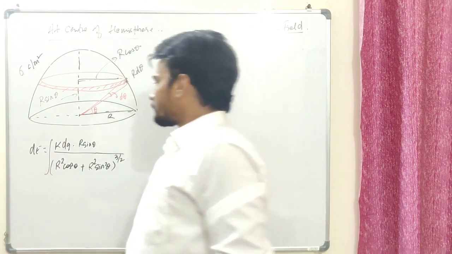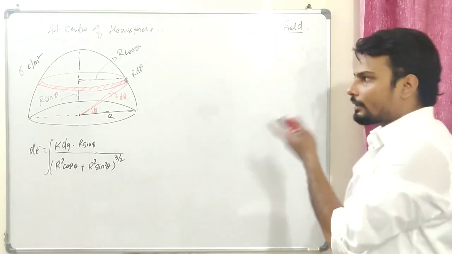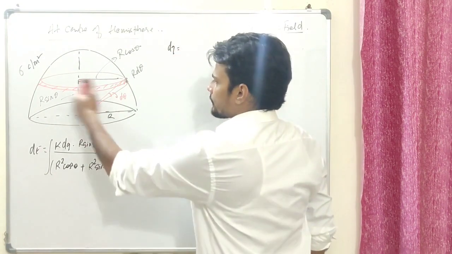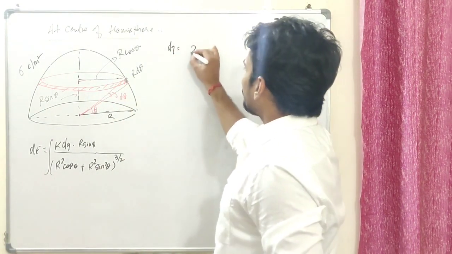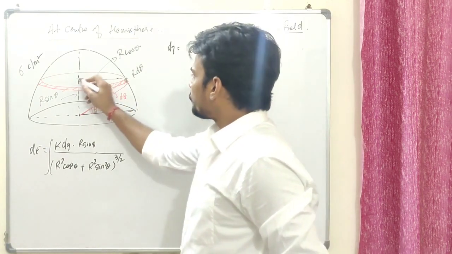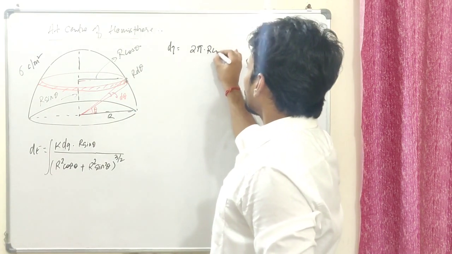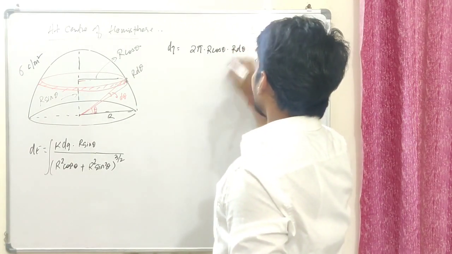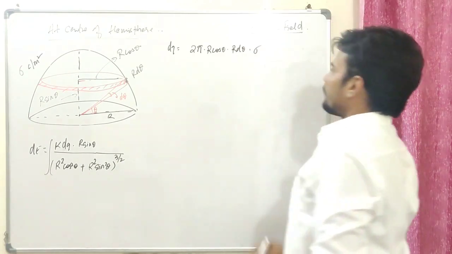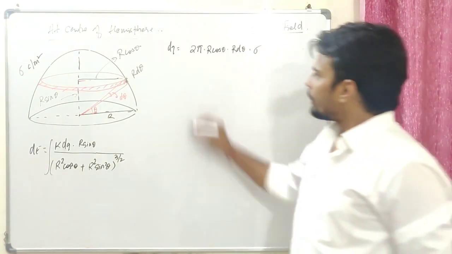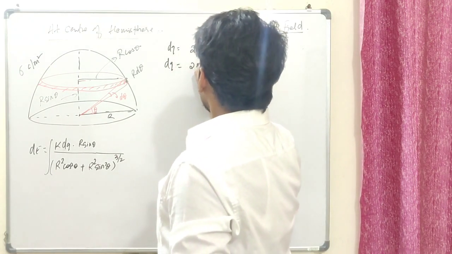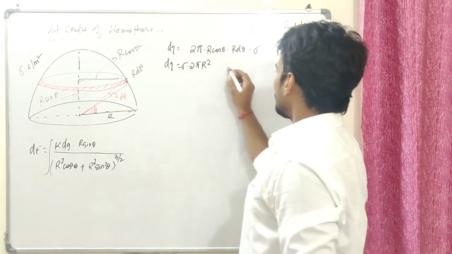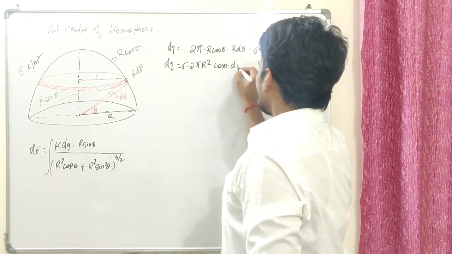Simple as that. Now our job is to find the value of dq. All right, then no problem. So dq should be how much? Same, the area of this ring, that should be 2 pi r. What is the value of r? R is r cos theta. 2 pi r times dr. Dr is how much? R d theta, into sigma. Fair enough, guys? So the small charge dq could be written as 2 pi capital R squared, okay, I'm going to put sigma here, sigma times 2 pi R squared cos theta d theta.